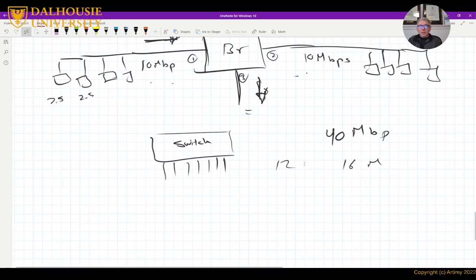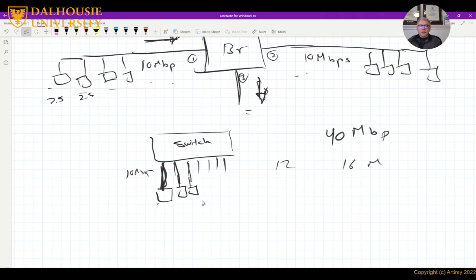Now, switches nowadays don't have multiple nodes connecting to each port. Instead, they have only one station. So if this LAN segment has 10 meg bandwidth, and this has 10 meg, and this has 10 meg, each node will have a full 10 meg bandwidth to itself.